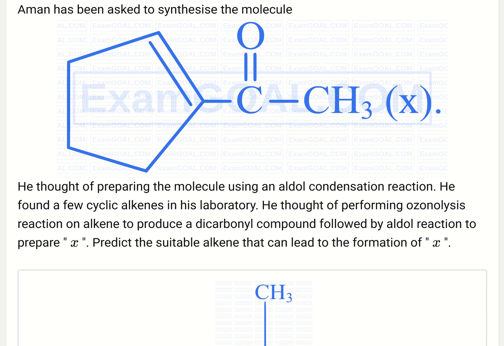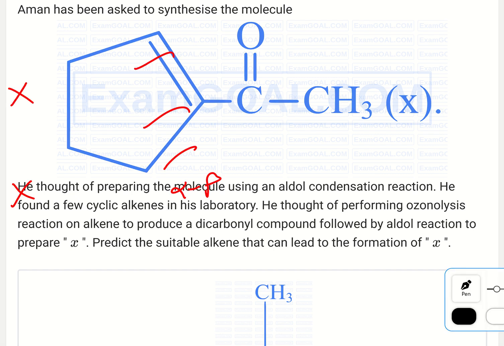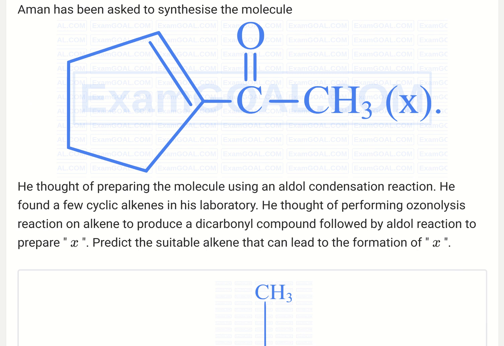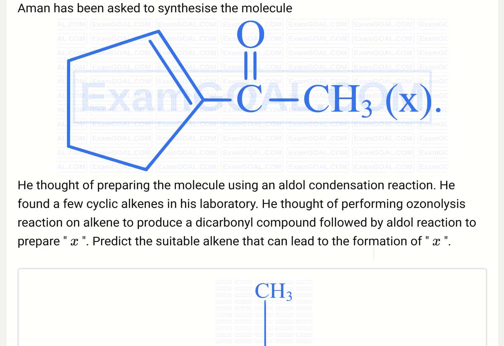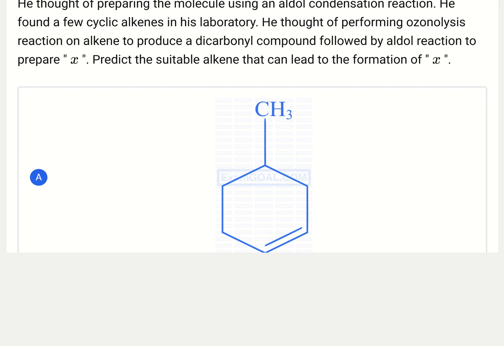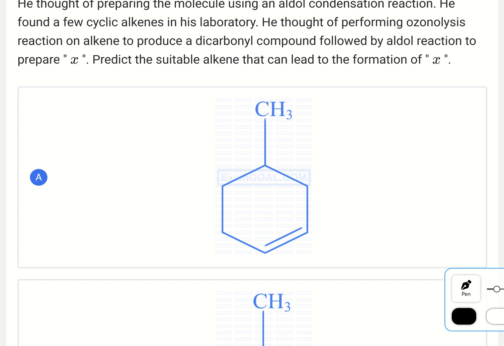Now students, you might have got confused, or you might think this is something very unexpected. But if you observe carefully, this aldol reaction occurs with a ketone. This product we are getting from a ketone. So whatever the options mentioned, just try to make a ketone. Now if I do ozonolysis here,